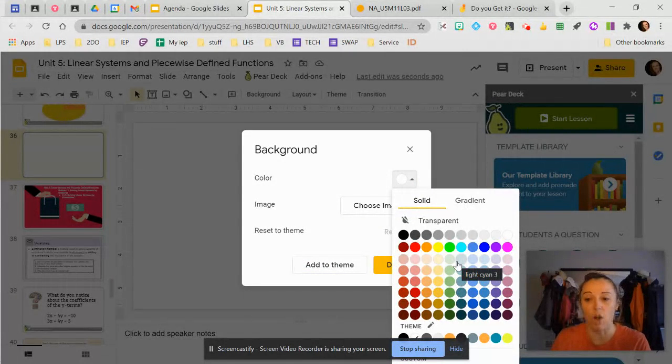I have the same color for all my vocab slides. I have the same color for all my graphing slides. I have the same color for all my we're going to do this problem together slides. So you can make that however you want it to look. I just feel like that's kind of the interactive notebookness. So when a kid sees a slide presentation, if they had a hard time understanding how to do one thing, they go to my